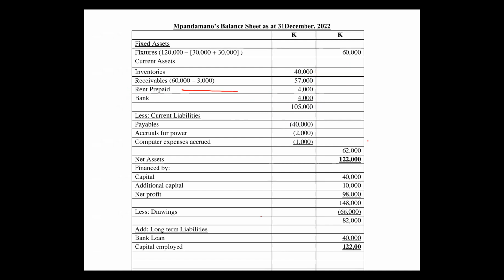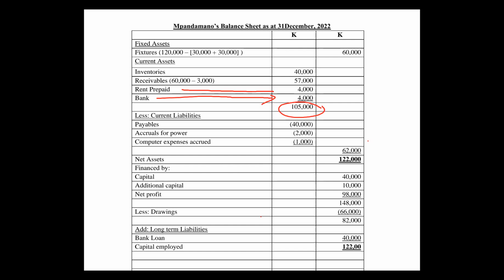Then you have rent prepaid, which is an asset. A prepayment is an asset. The bank is also a current asset, the money that you have in the bank. Then you could also have things like goodwill. Those are assets, we call them intangible assets. Good reputation, goodwill, you have heard that. So all the current assets are recorded here. When you have summed, this is the total for current assets. Then from the total for current assets,